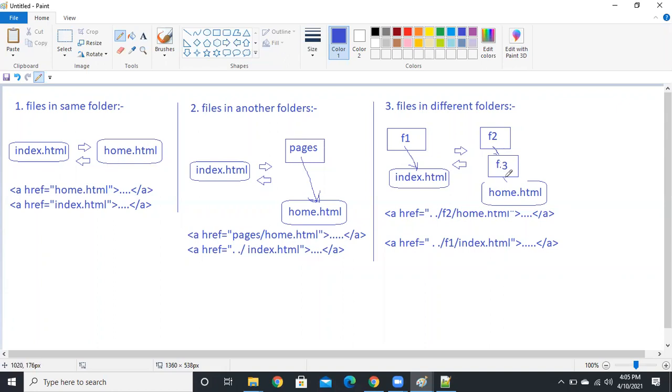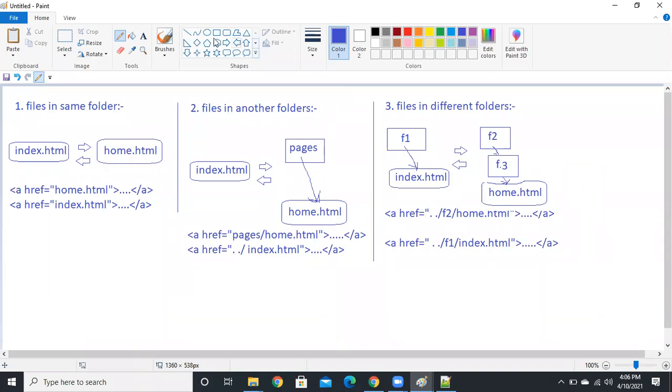In F3 we have home.html. Index to home, home to index. Dot dot slash F2 slash F3 slash home.html, and good. Next, dot dot slash F1. Very good.